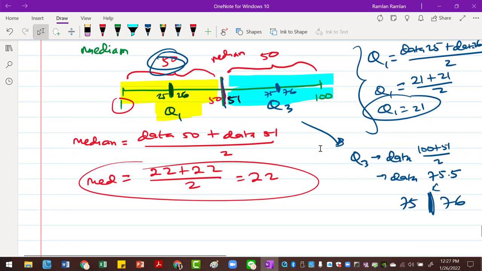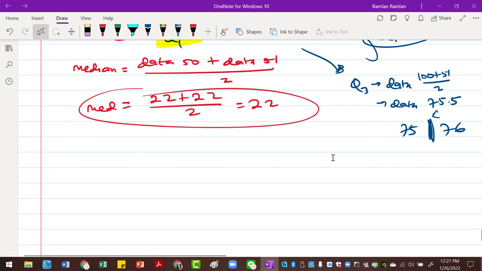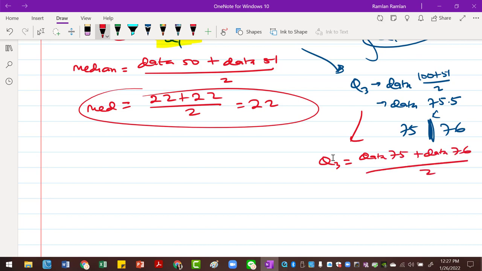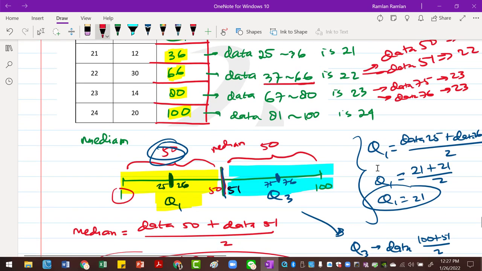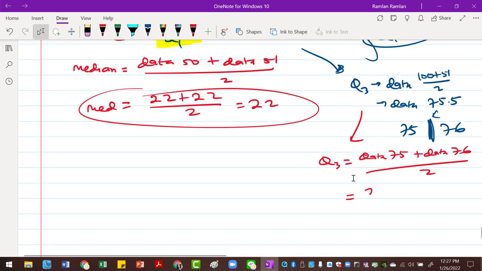So the quartile 3 will be equal to data number 75 plus data number 76, and then divided by 2. And since we know that data number 75 and 76 are 23, we can write down here 23 plus 23 divided by 2, and that will also be equal to